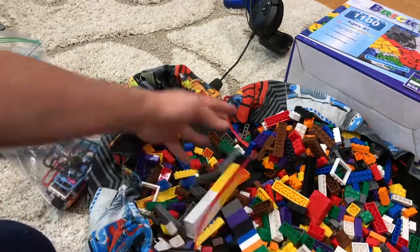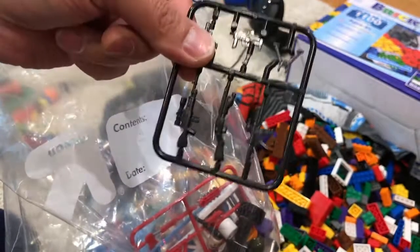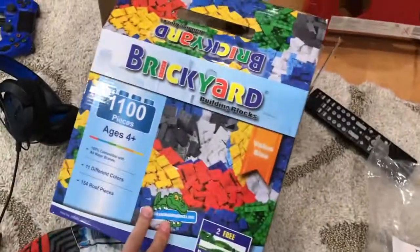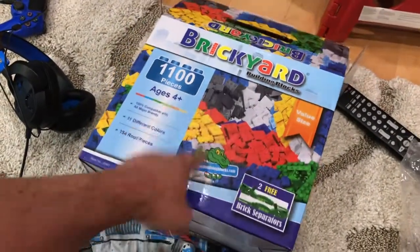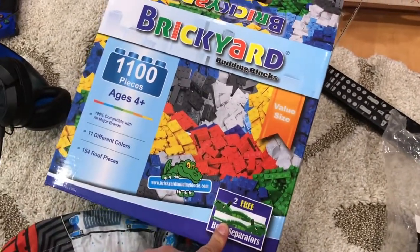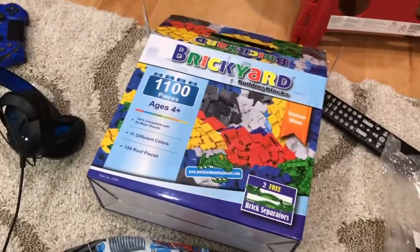This is a really good amount of pieces for $26, along with what's in here, okay? Interesting thing is they have these like machine guns and stuff. I know it's not exactly the most child-friendly thing, but at the same time, that's what kids like anyway. So what are you gonna do? And Brickyard, if you mostly just want blocks, flats, then I would go for that as well. And the 2 free brick separators are really indispensable. You find yourself needing those. So I would definitely give that one